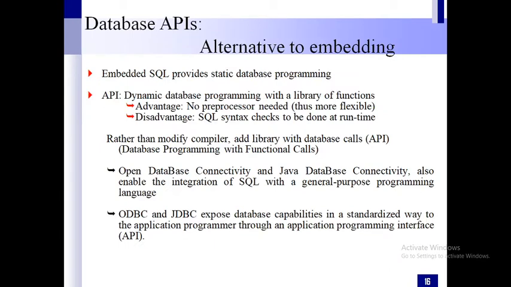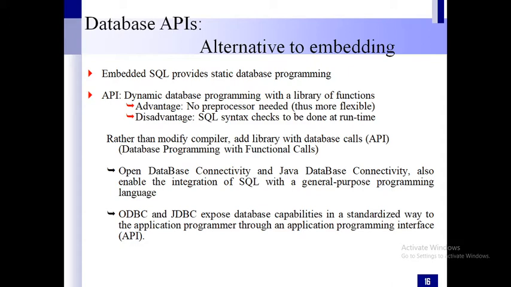Another way to use SQL in your programming languages is to use APIs. Instead of embedding the SQL statement in the host language, you can use APIs or library functions. When you use APIs, no preprocessor is required.